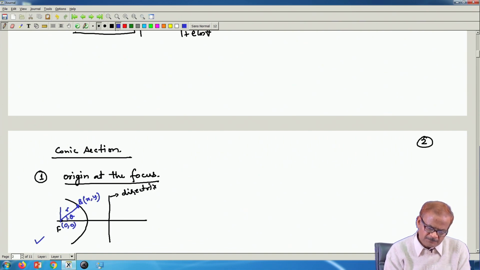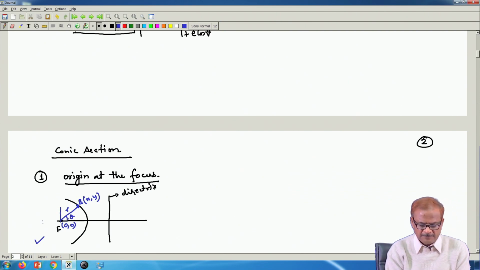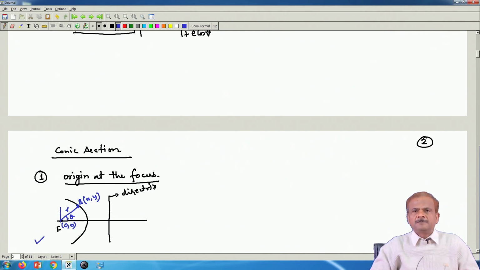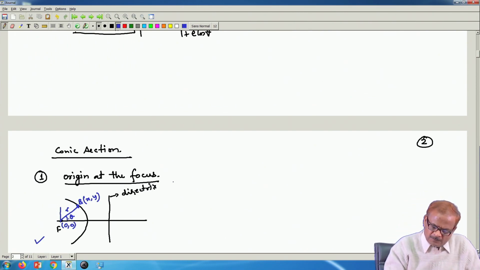Otherwise, if you have 3 dimensional, in that case you will not have ellipse, but it will be called ellipsoid. If you have parabola in the 2 dimensional plane, we will call in the 3 dimensional plane a paraboloid, and so on. Just like in 3 dimension we have a sphere, and in 2 dimension we have the circle, but here we use this term like the ellipsoid and the paraboloid and so on.